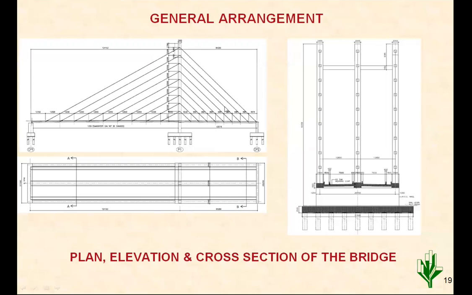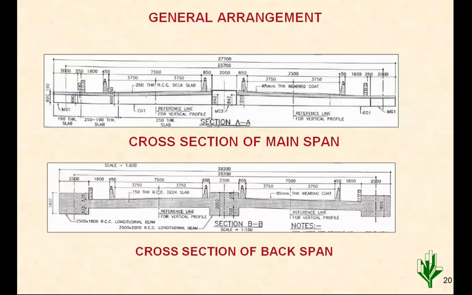So this is totally outside the railway line, so construction can be done without any hindrance with conventional staging and shuttering. The cross section of the deck looks like this: on the front side, steel rectangular boxes are made. This is one beam, this is another beam, this is another beam. On top of it, the deck is constructed.